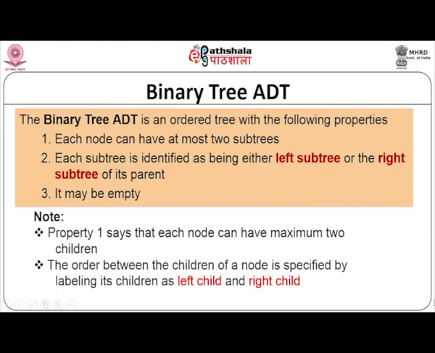A binary tree ADT is an ordered tree with the following properties. Each node can have at most 2 subtrees, we are just defining it again. Each subtree is identified as being the left subtree or the right subtree, but that may be empty. Property 1 says that,